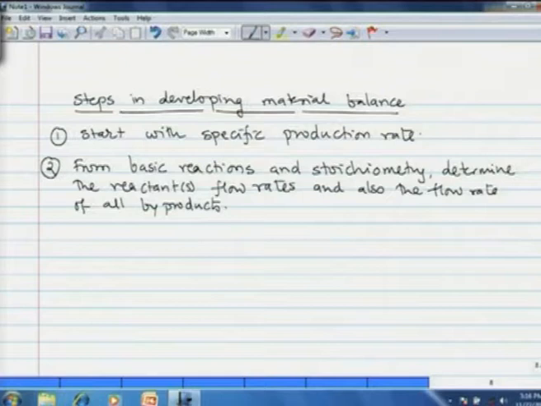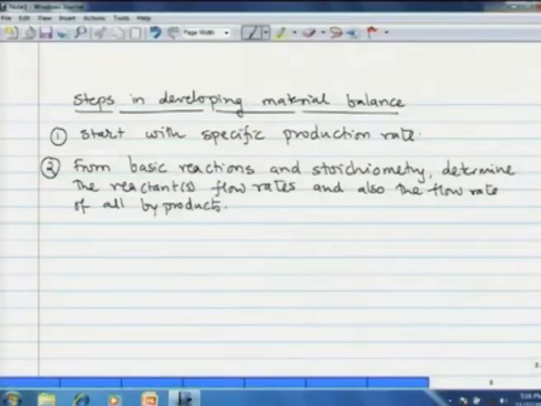Now, while deciding the reactant flow rate, the per pass conversion of reactor is a variable. Well, of course, we shall see that later. The selectivity of the process is also a variable. Therefore, the material balances are most of the times iterative balances, because one parameter depends on another, another depends on a third, and then you come back to the first parameter, so on and so forth. But right now we are only listing the major steps. Okay.